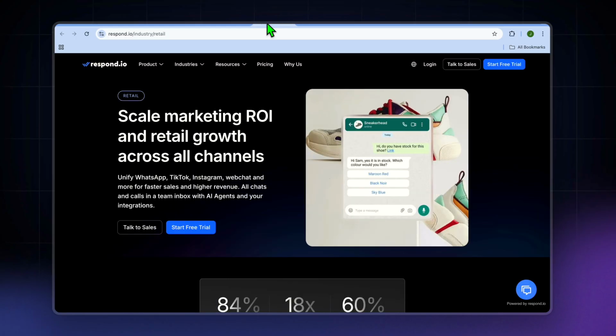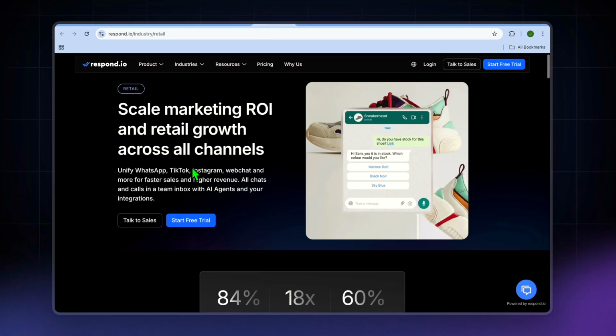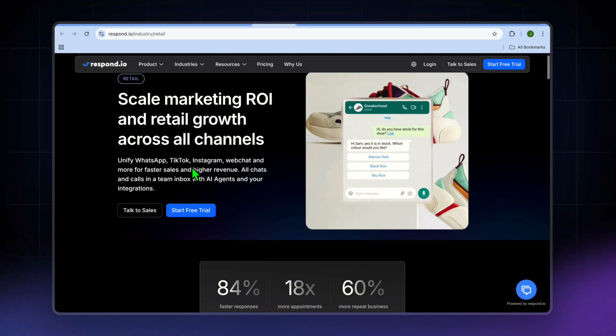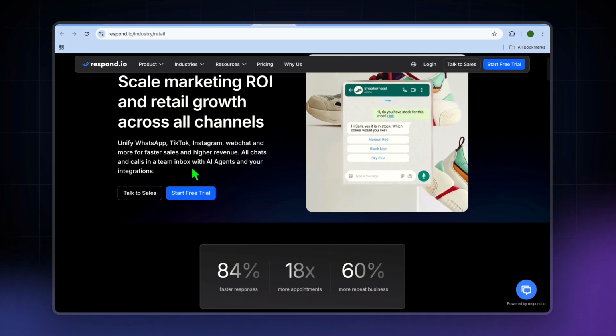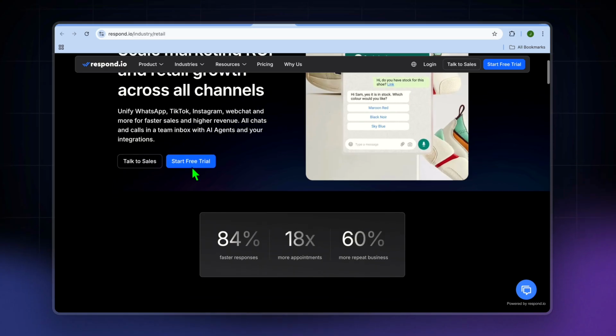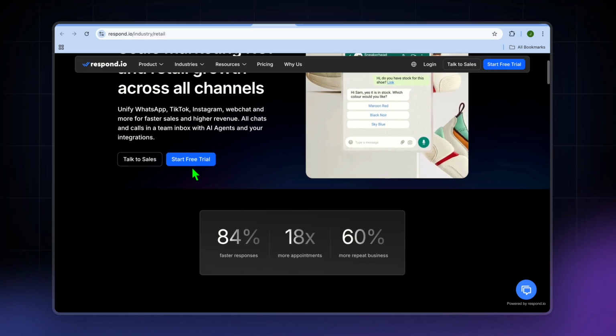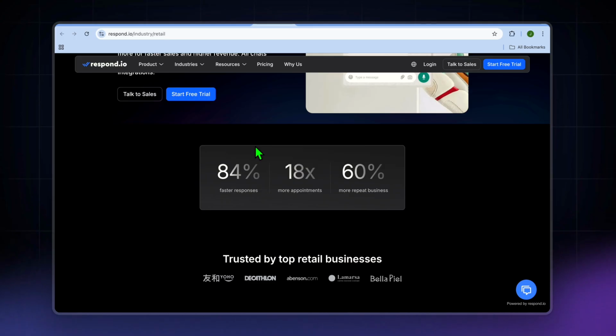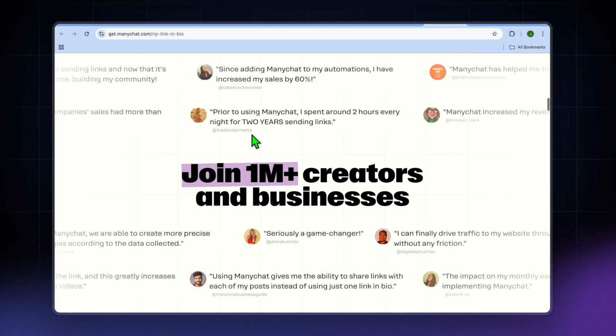I would recommend you choose Respond.io if you need WhatsApp plus Instagram plus multiple channels in one place, and you have a team handling conversations and need routing, assignment, pipeline style follow-up, and treat messaging like a serious sales or support operation. While on the other hand, I would recommend you go with ManyChat if you mainly care about Instagram DMs, Messenger, and you want comment to DM automation, and you sell through funnels, lead magnets, or bookings, and you are a creator, coach, agent, or e-commerce brand focused on DM lead generation.